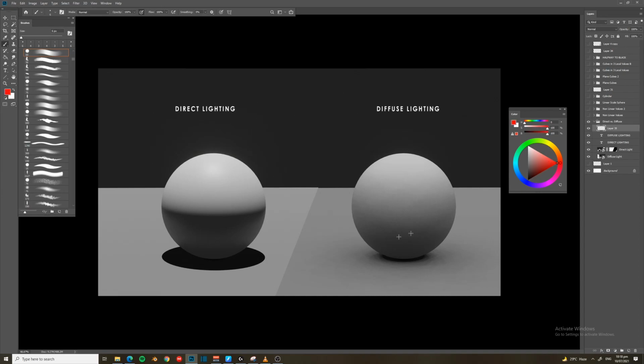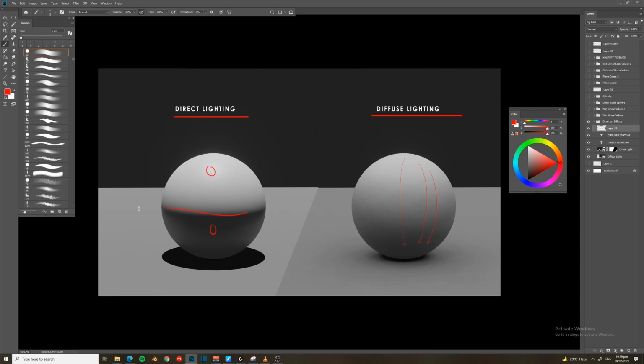Okay, now for this lecture, we're gonna deal first with direct lighting. The difference between direct lighting and diffuse lighting is how light falls on the object. As you can see here, on direct lighting, there is a distinct separation between light and shadow, and for diffuse lighting, you have a more gradual transition into shadow. So direct lighting, you can think of it as sunlight or a spotlight, anything that's producing a direct distinction